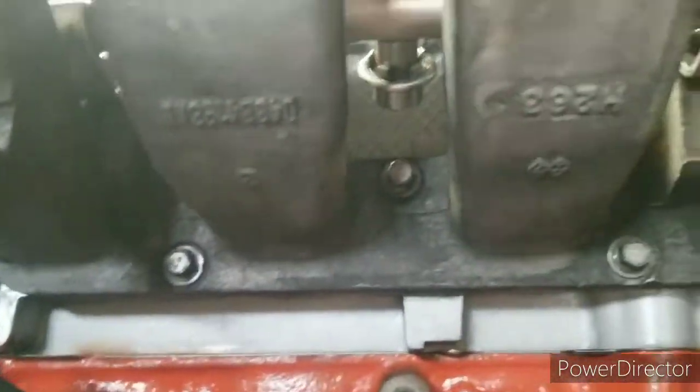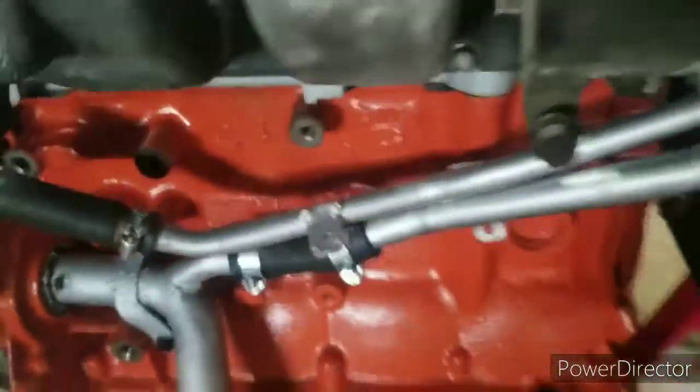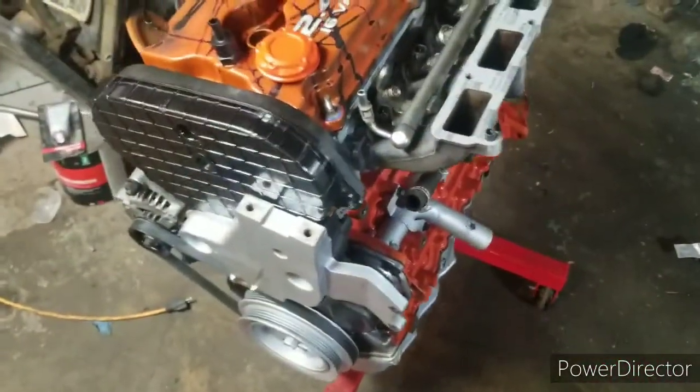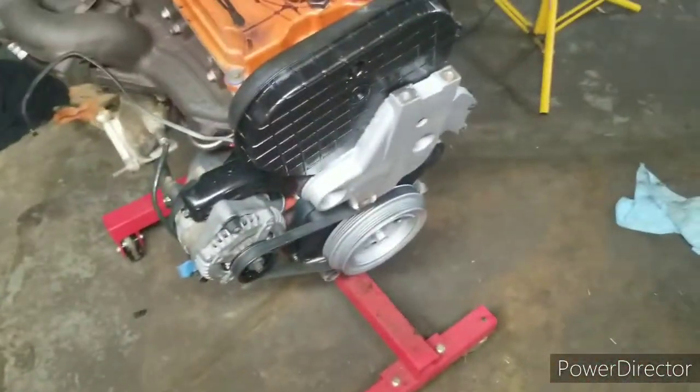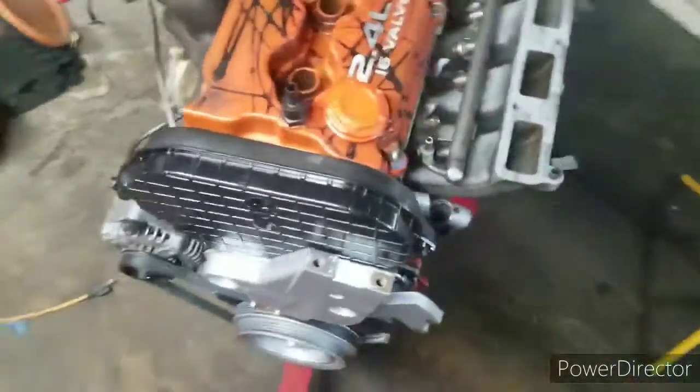Again, like at the back side of the manifold here, these are just wire wheeled. I'm not painting them. You can't see them. I don't even know why I painted this guy, but it's just a little extra detail that makes me feel better. You know, putting a lot of time and effort into this, so I really hope I done this right,